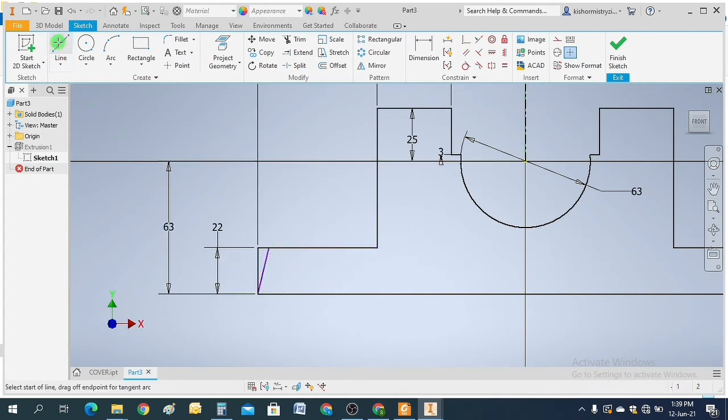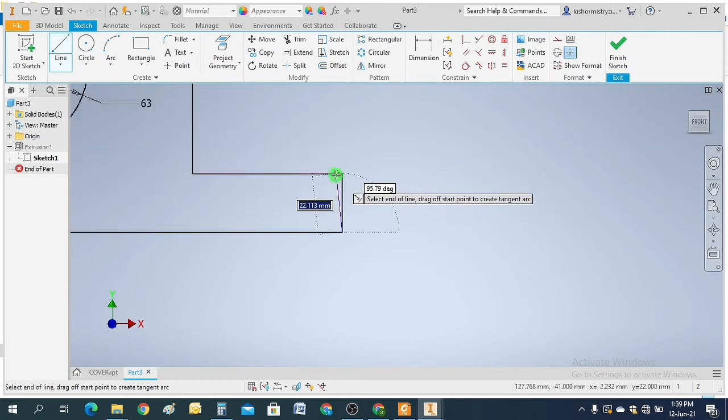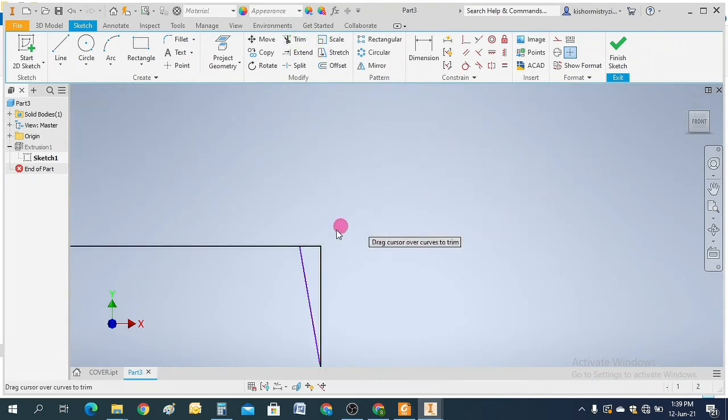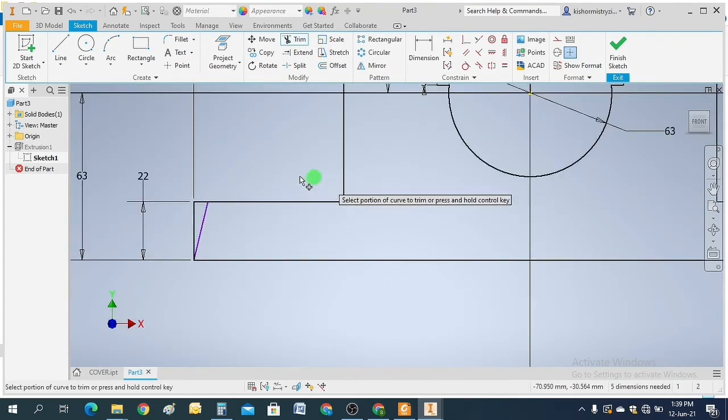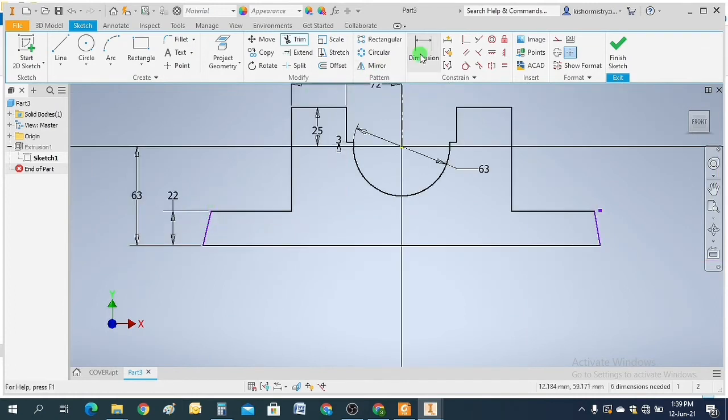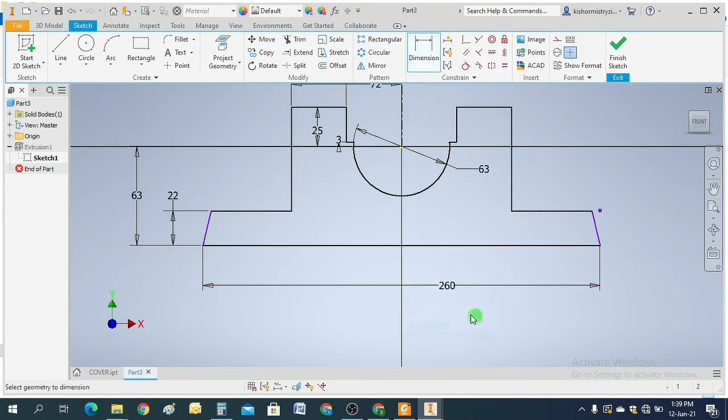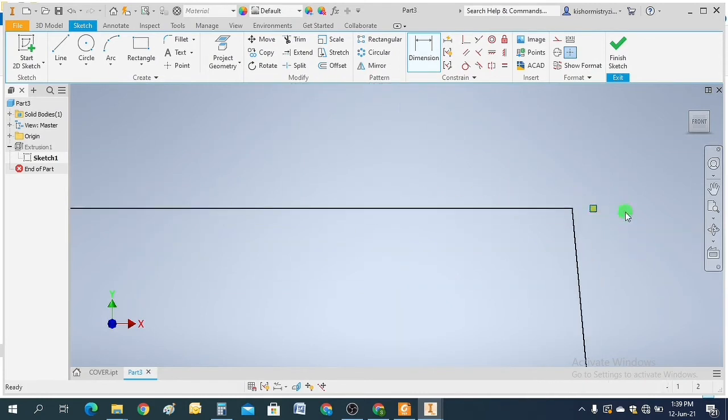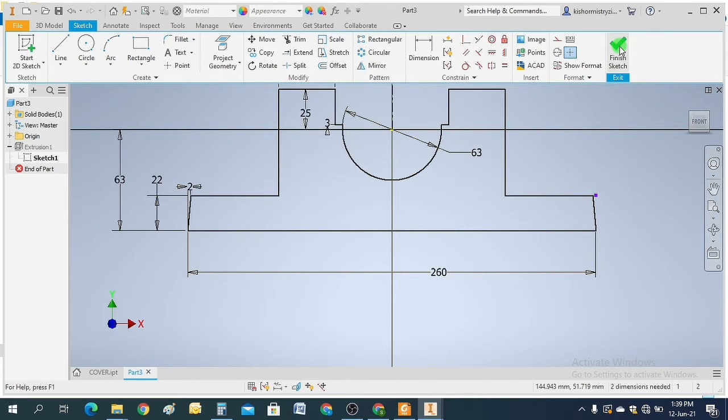So what I can do, manually add 2 lines, trim it, and again make these 2 lines symmetric with the center line. This will be 260, okay, and this will be 2 millimeter. Finish sketch.